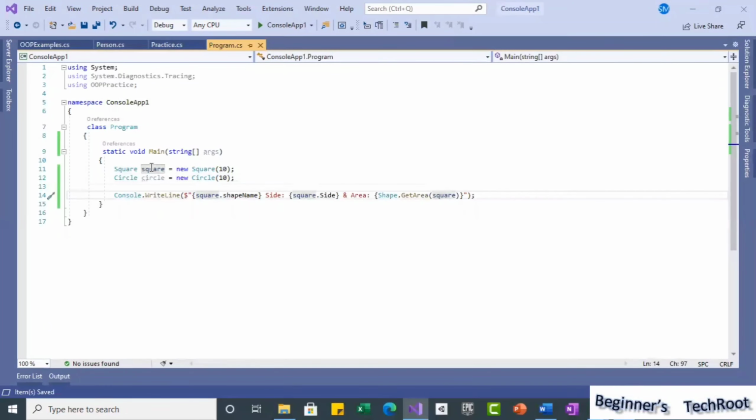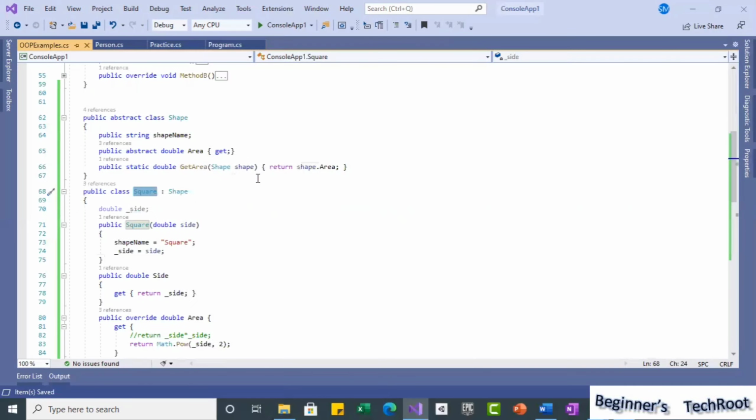Here this square we are passing. In this GetArea method, whatever we have written inside, return shape dot area, whatever we implemented, that is going to be called, shape dot area inside.